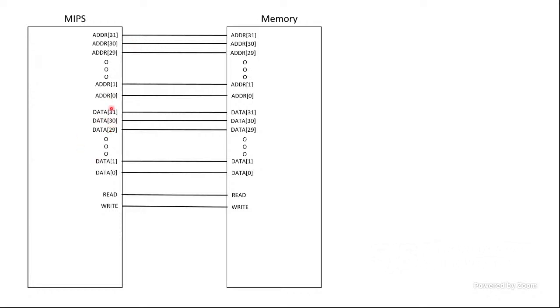Similar with the data. An individual data bit does not mean anything. It is just a 0 and 1. It doesn't carry that much information. But together, 32 bits can carry an enormous amount of information. It is 2 to the power 32 different pieces of information they can carry. So what we can do is simplify this schematic diagram by clubbing these groups of bits together,